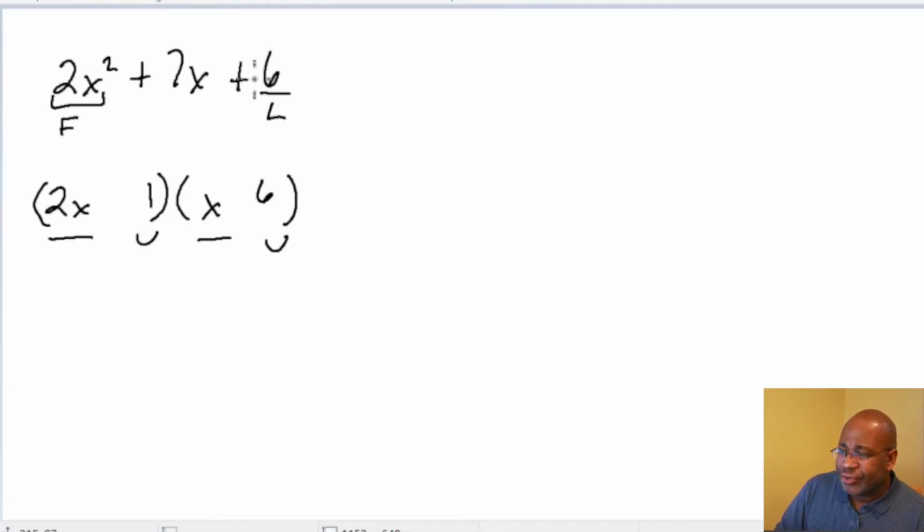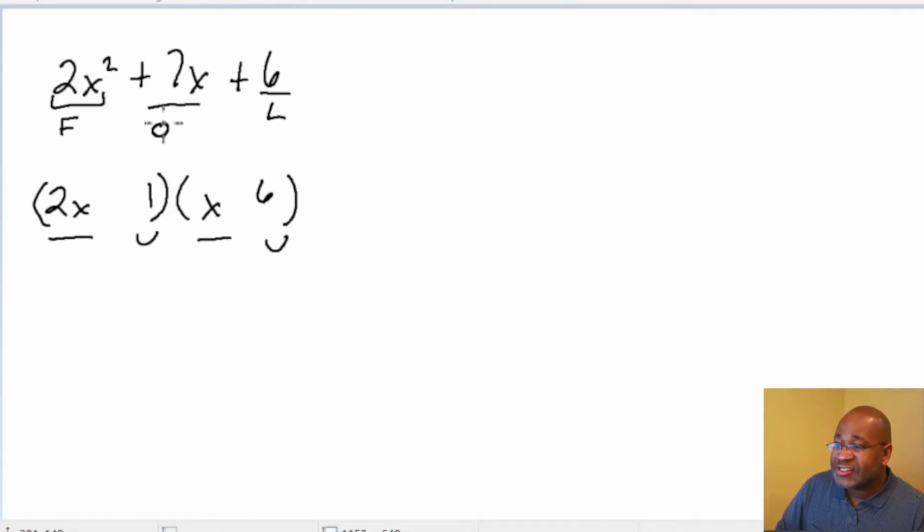We see that the last term, 6, is a positive number. So the only way that two numbers can multiply to give us a positive number would be if both the numbers are positive or both of the numbers are negative. Now in this case, both of the terms are going to have to be positive because notice that the middle